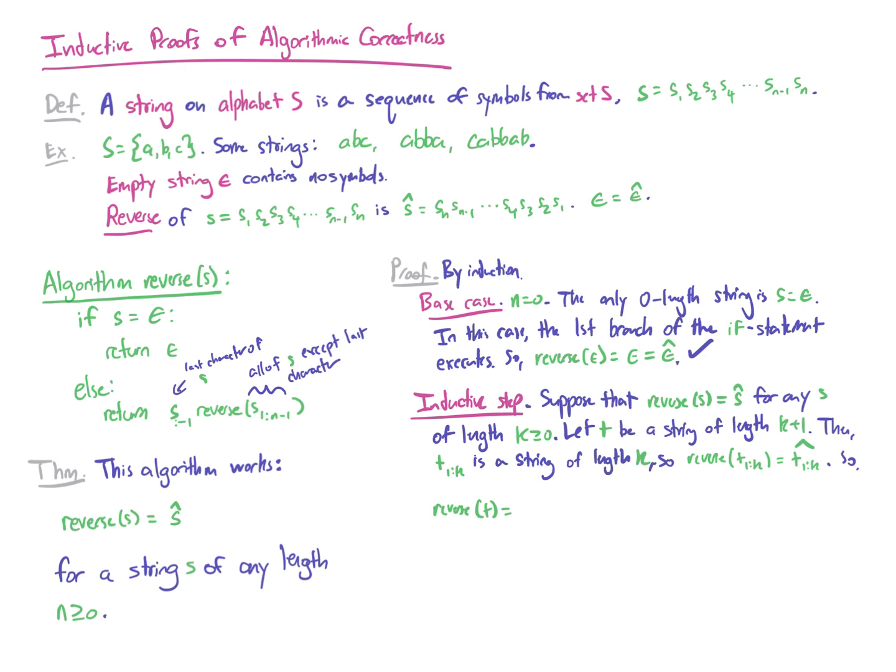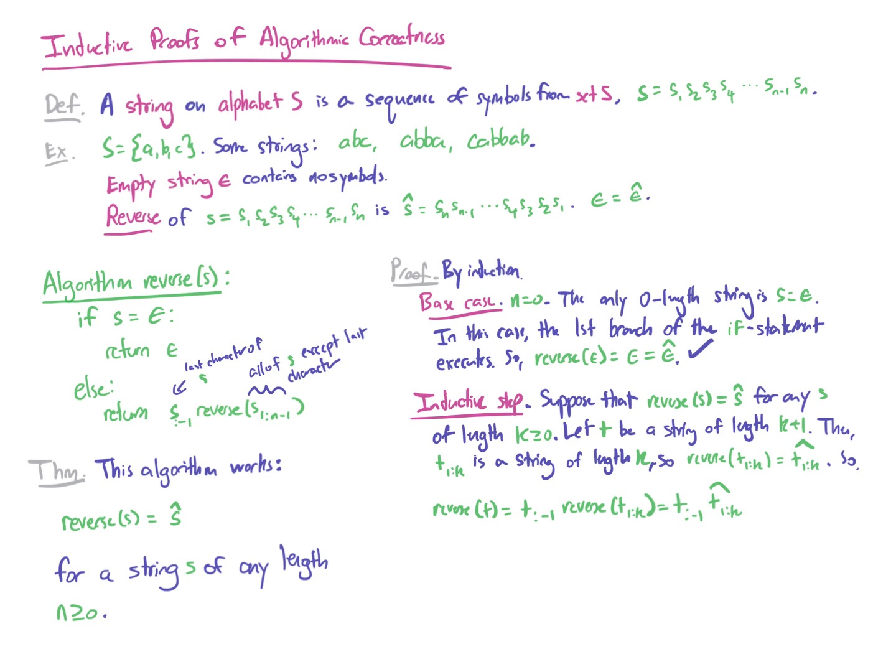So that means that the reverse of t is going to be the very last character of t concatenated with reverse of t 1 to k, which is equal to the very last character of t followed by the reverse